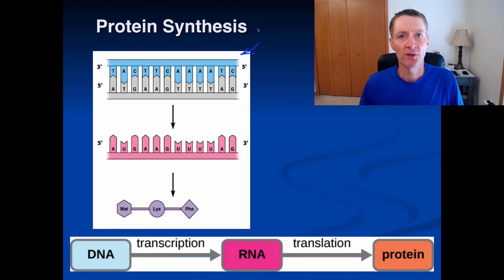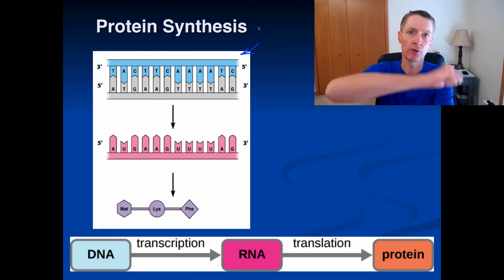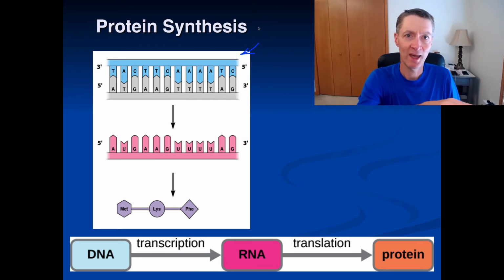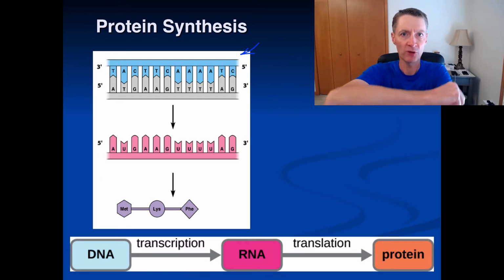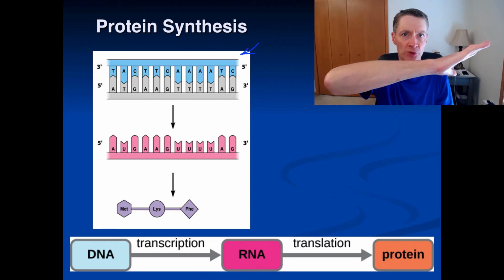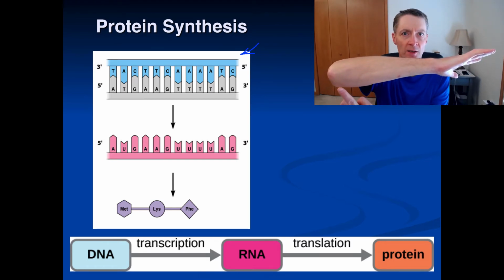So in order to read this gene, we need to start similarly to when we need to replicate the DNA. We need to tear the two strands apart so we can get at that blue strand as a gene and read it, okay? Now again, we want to read always making a new strand from 5' to 3' direction. So if we pull this apart, now we have the blue strand, we want to read starting on the 3' end of that gene, making a new 5' to 3'